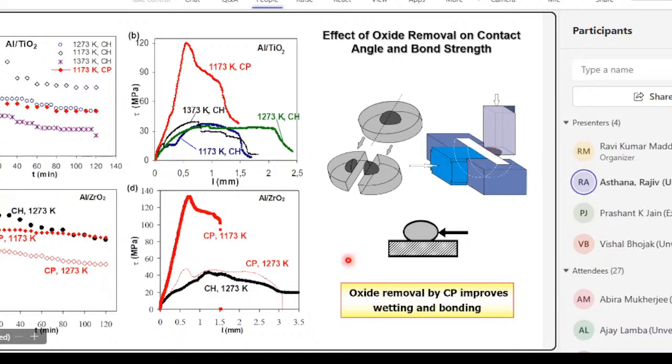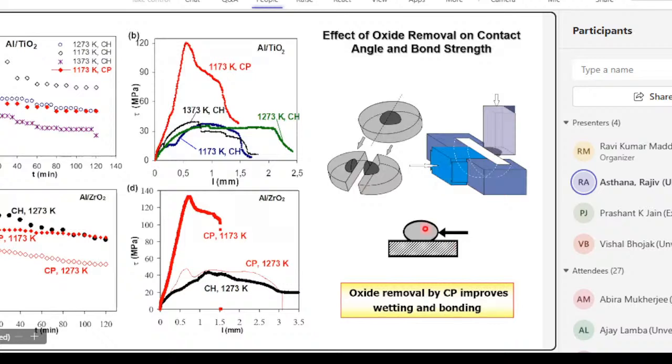What does that spreading behavior have to do with the bond between the solid and the liquid? So we did some experiments where we first did this sessile drop experiment where you allow the droplet to spread under high vacuum isothermally. And then after measuring the contact angle, you solidify the droplet on the substrate. Then you bisect it, precision cut it,